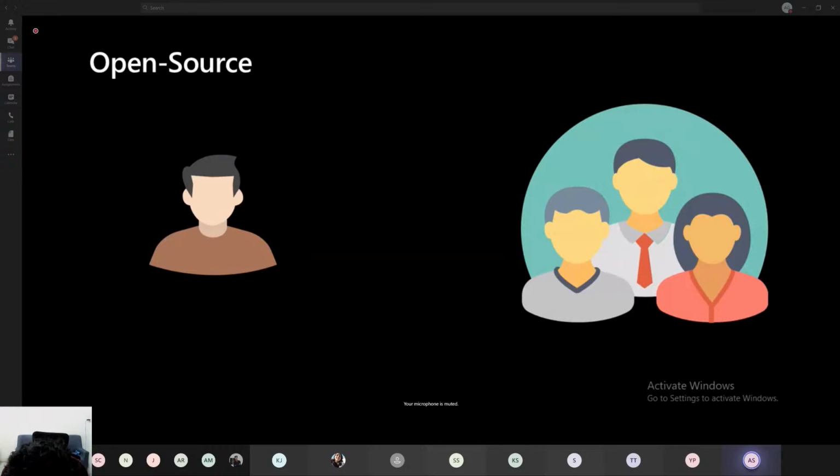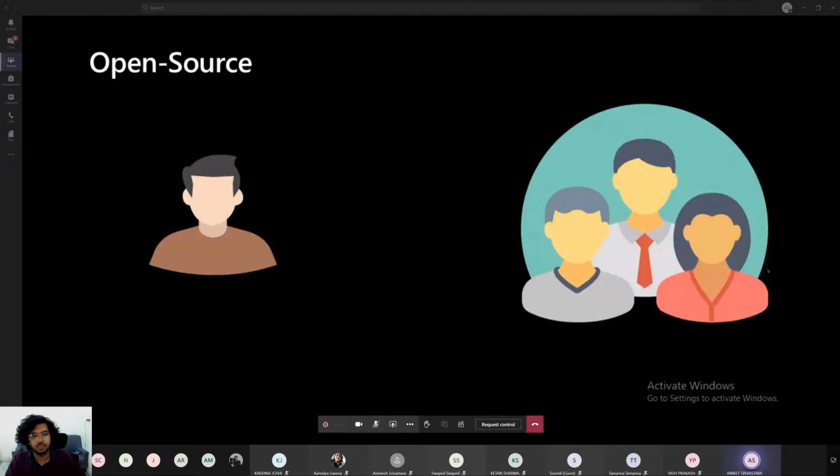Open source software is software whose source code is in the public domain, and everyone can access the source code and contribute to it. The primary benefit for you, if you are the maintainer, a maintainer being a person who writes the initial source code and hosts it on a platform such as GitHub or GitLab, will come to that. The primary benefit for you is that if you write the source code, you'll get the contribution of some of the best minds across the globe. I mean, you may be a beginner or an experienced person, but you never know who might see your program and fix it. Also, you learn how to work in a collaborative manner.